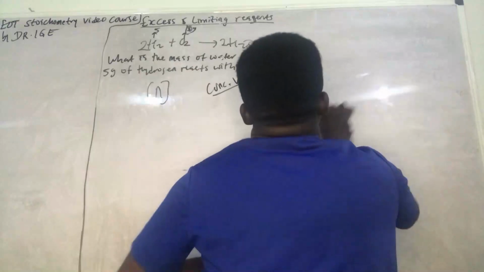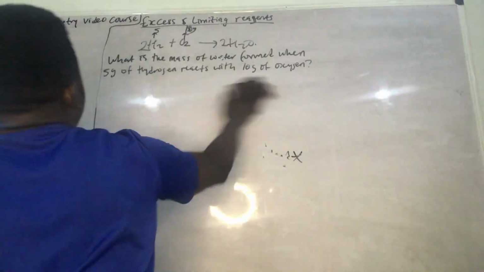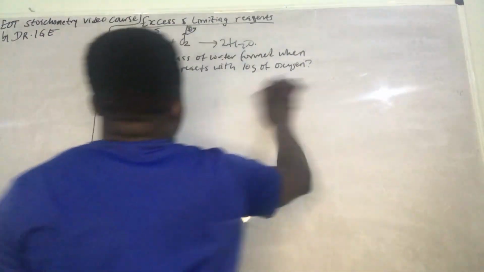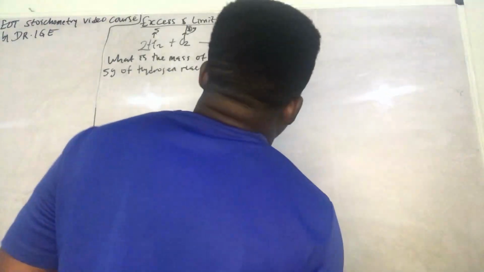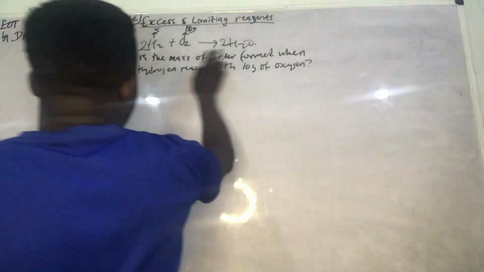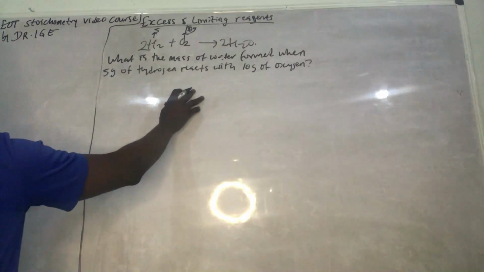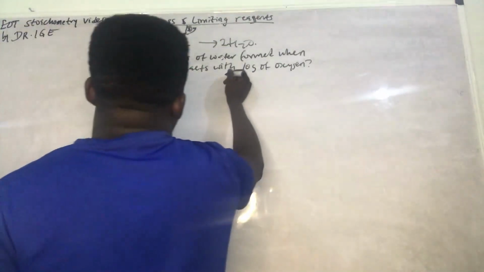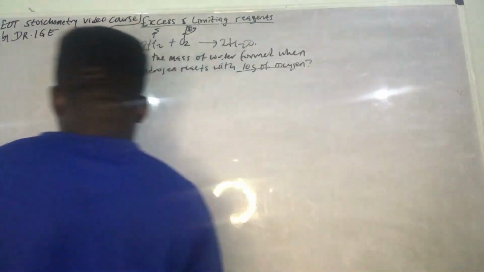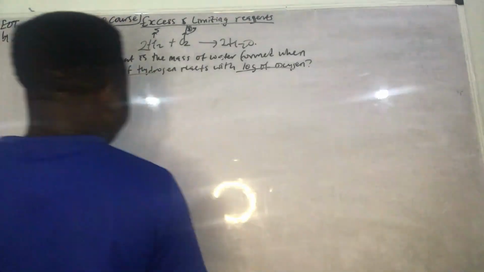Then we'll solve up to 3-4 questions, and then we'll solve them in different categories. And then you get to see how this thing works. Now the question says: what is the mass of water formed? Now we have 5 grams of hydrogen and 10 grams of oxygen. You get? And we're looking for the one that we're going to pick to use to compare